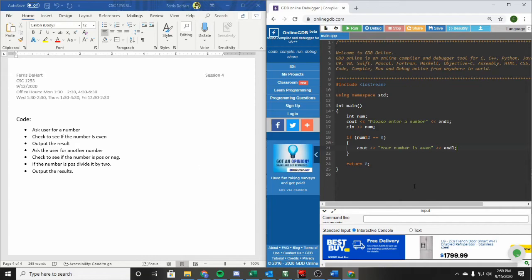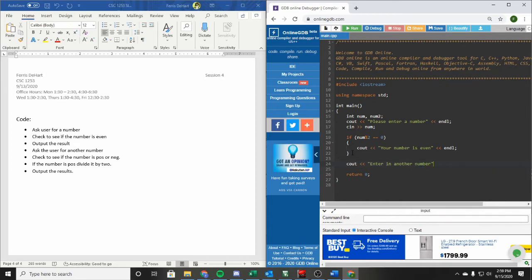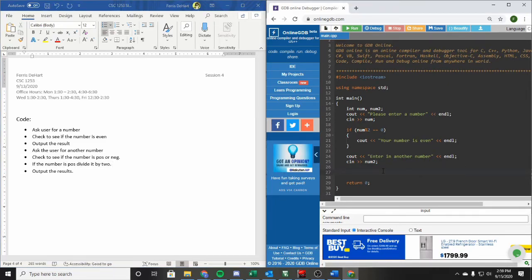Alright? And so the next thing to do is ask user for a second number. So we'll add an integer up here, num2, cout, enter in another number, and then cin again, num2. And so now with this other number, we need to check to see if it's positive or negative. And if it's positive, we should divide it by 2. So we're checking, right? So if num2 is positive, so greater than 0,